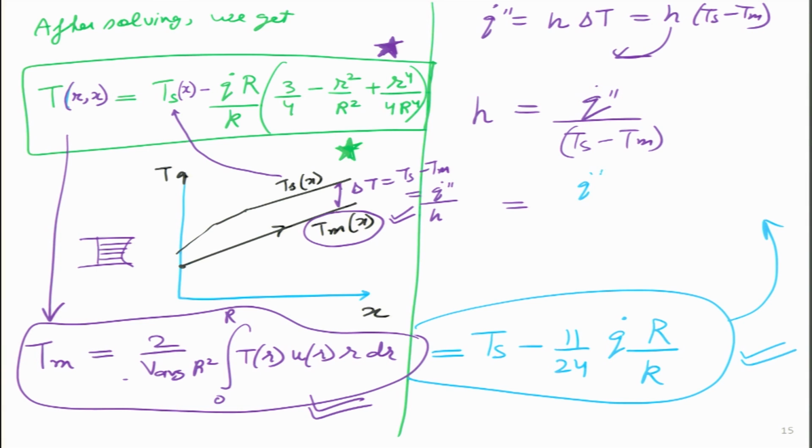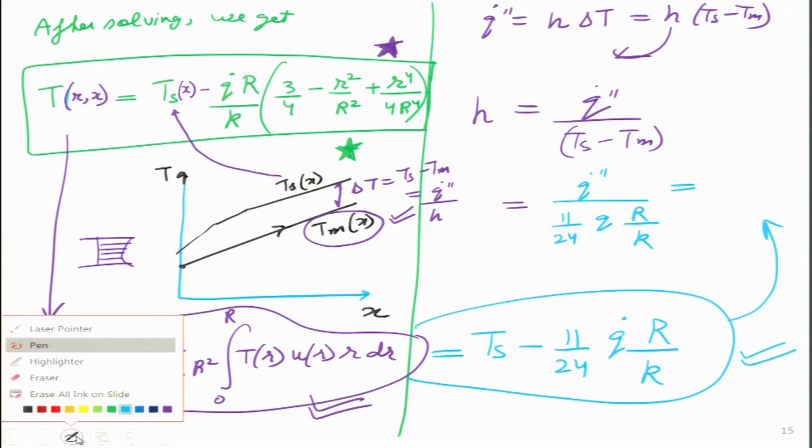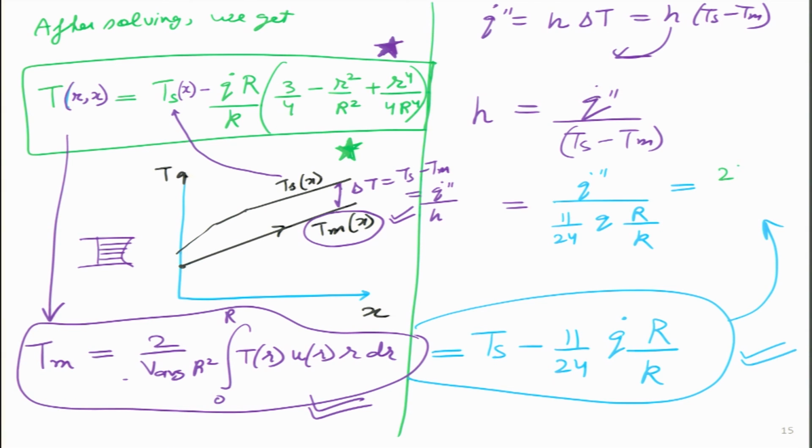I get Q dot this. What is the denominator? The denominator simply becomes 11 by 24 Q R by K. Again, a lot of cancellations we can make, and this whole thing will become simply equal to, let me write it in another color, 24K divided by 11 R. This is the value of H,